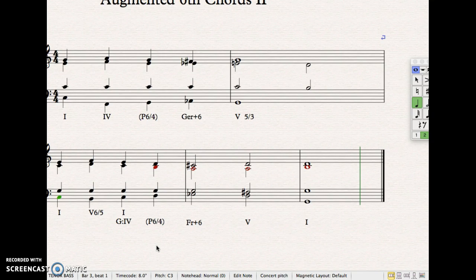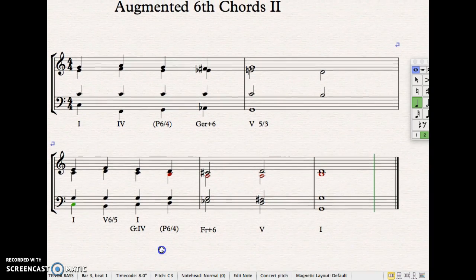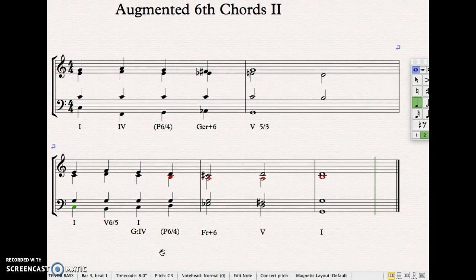So, right, those are two interesting ways that augmented 6th chords are created via chromaticized voice exchanges. One within the original key as an expansion of 4. The other one as part of an expansion of 1 or transformation of 1 into the augmented 6th chord into the new key of the dominant. Okay,